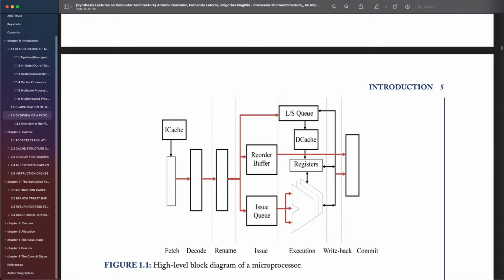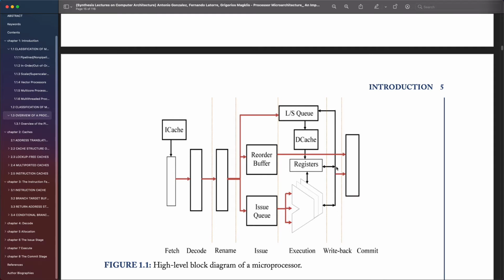Okay, so the LSQ is going to communicate with the data cache, right? Just as the iCache has the instructions, the data cache will have data. And then the data cache also can update the physical register files, right? Because if you're pulling something in memory and you need to load it to a register, so that if an instruction requires one of the sources from memory, then that's what you need to do. And then once you're done executing the instruction, you can finally write it back